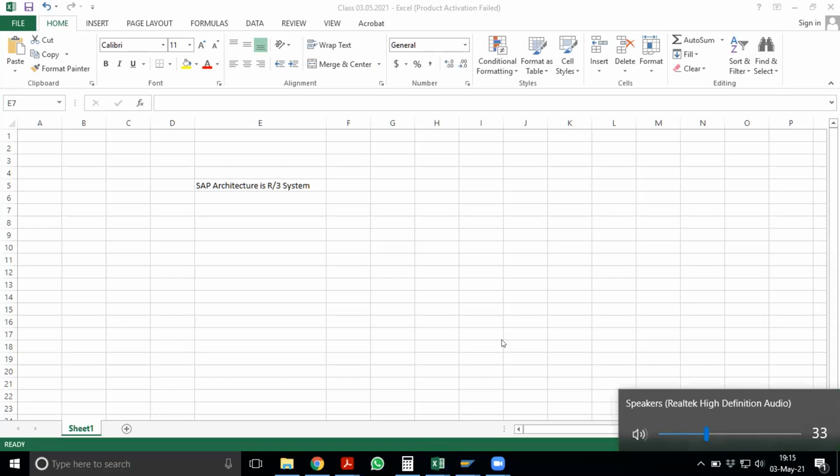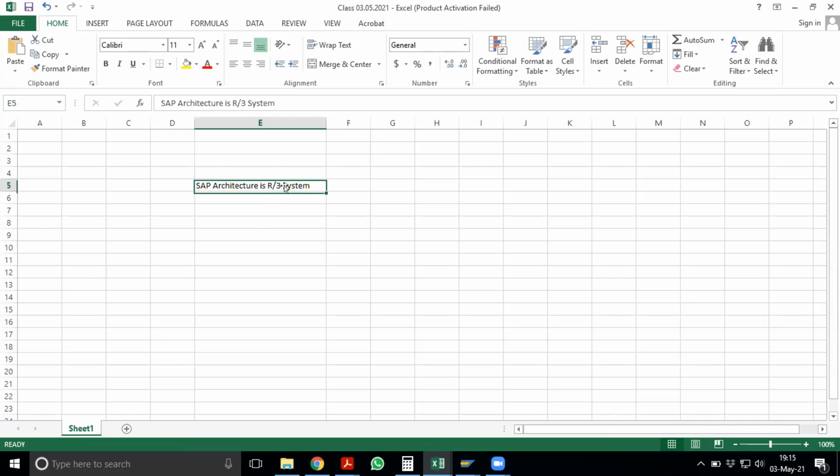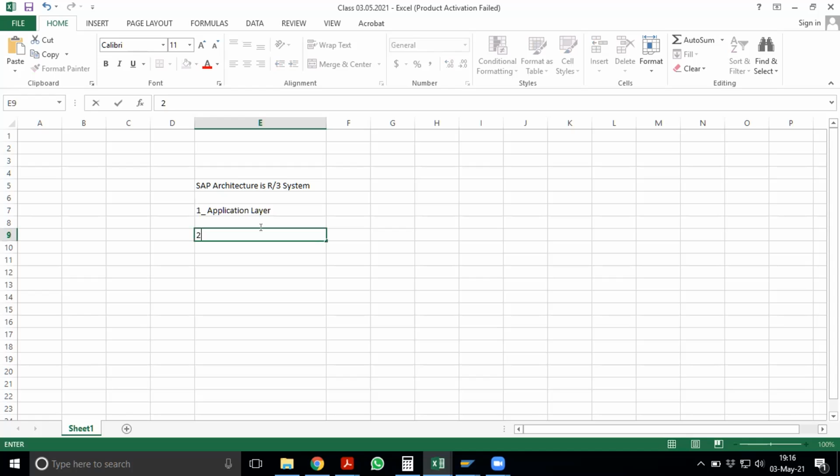So in SAP, the architecture is known as the R3 system, wherein the first layer is the application layer. The second layer is the database layer. Third layer is